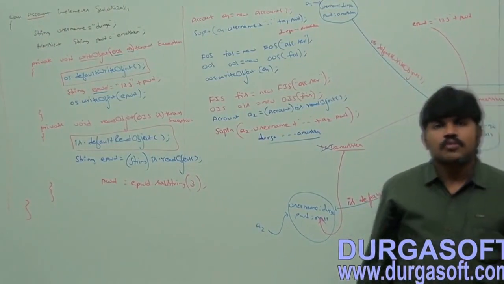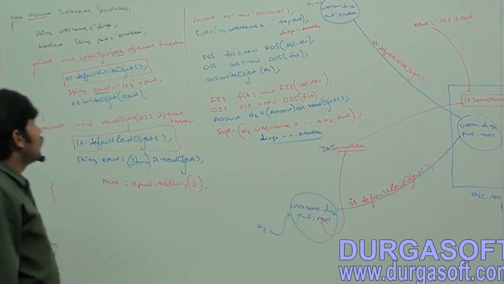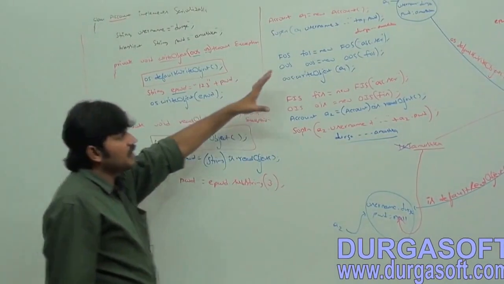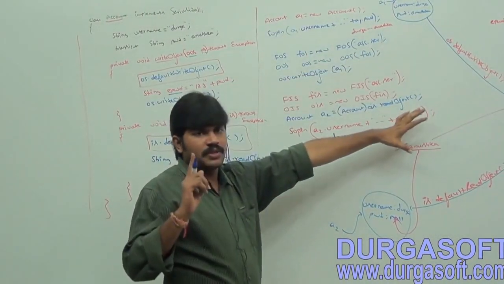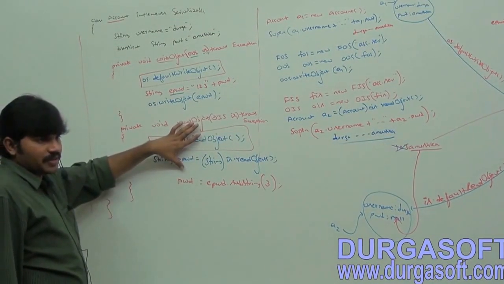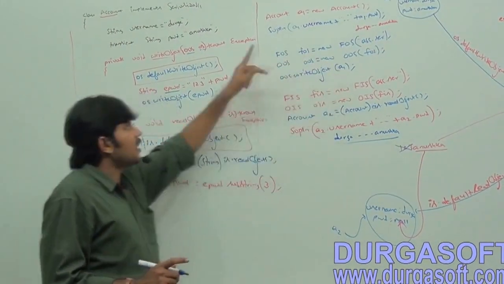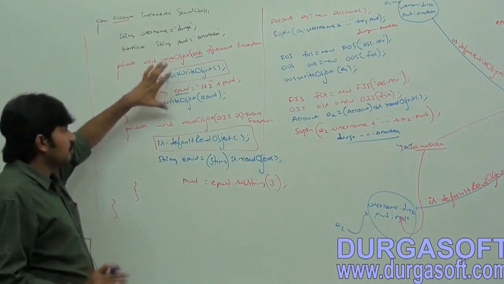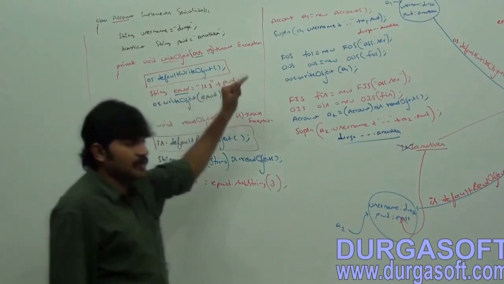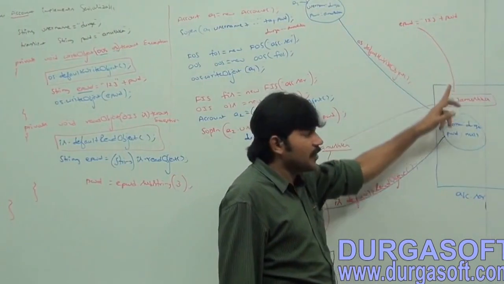So this is what you people should remember well. The terminology is very clear for all of you, right? At the time of serialization of the account object, I want to do some extra work: the writeObject method. At the time of deserialization, the readObject method. At serialization, the JVM will check whether the account class contains writeObject. Yes, it will execute: default serialization, prepare the encrypted password, and write that encrypted password to the file.